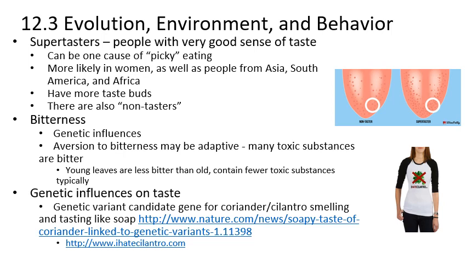For one example of this, little kids tend not to like bitter foods as much, and little kids are also more susceptible to toxic substances. Other genetic influences on taste include coriander,